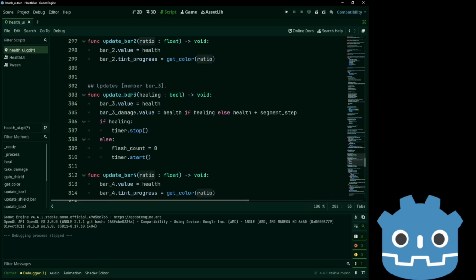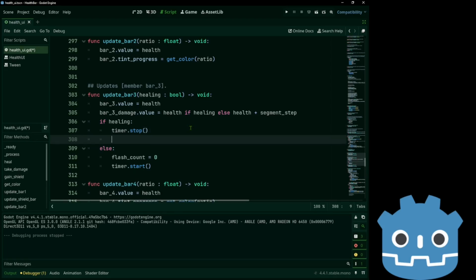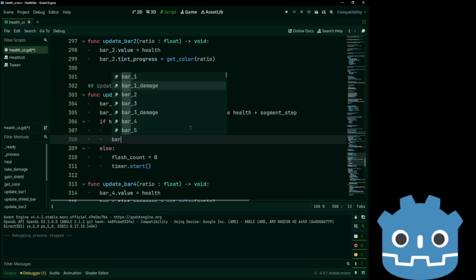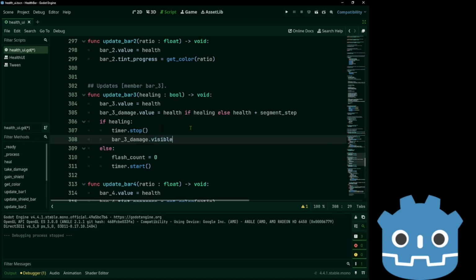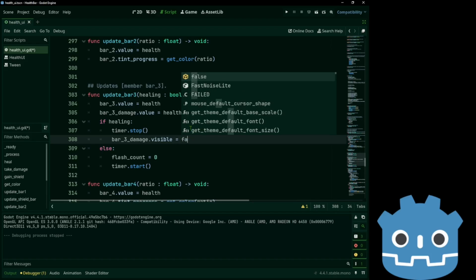Now on update bar 3, we have these two, if not healing. So I've changed it to if healing, else. So it's the same thing. Now if we are healing, we stop the timer. That means that our damage indicator will not be flashing anymore. And also, let's set visible to false.